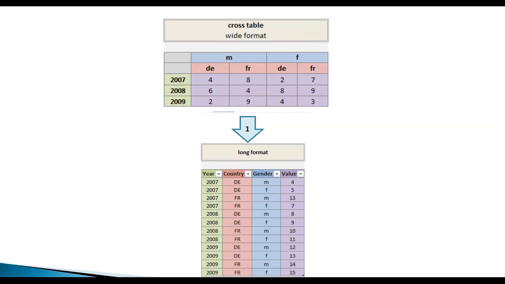So a simple reshaping of your data can save hundreds or even thousands of dollars in ongoing maintenance of